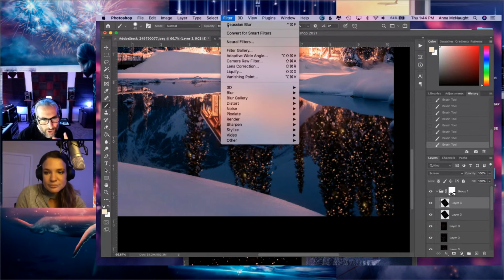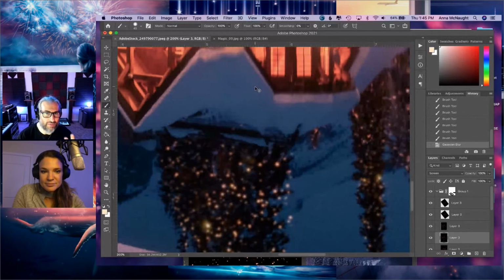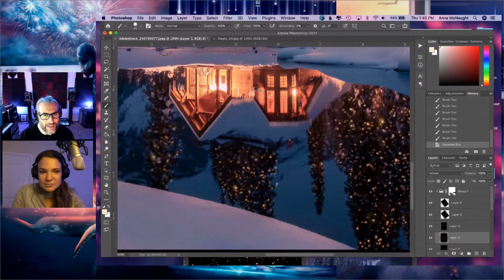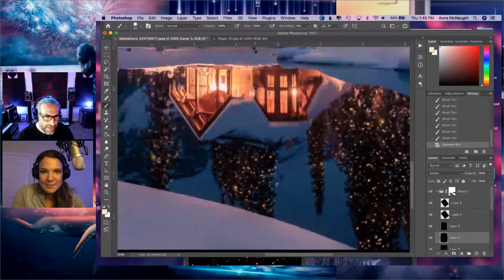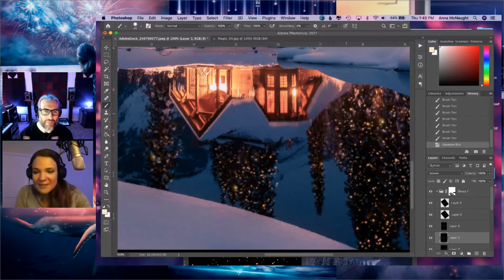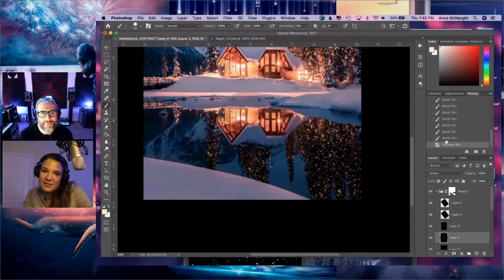Again, I'm looking at the columns and the windows. There's a lot of detail in that house reflection, so I don't know if you want to obscure it too much more. I would almost say maybe even back it off a little, because you can see there are very defined lines, right? That water is probably frozen. It's not moving, so that might be just right. Yeah, let's leave it. That's cool. We'll see how that works.